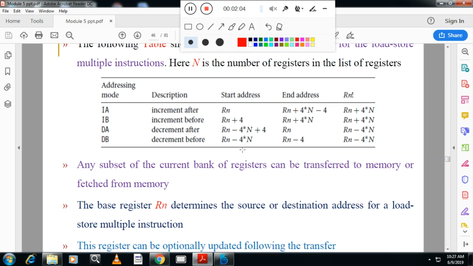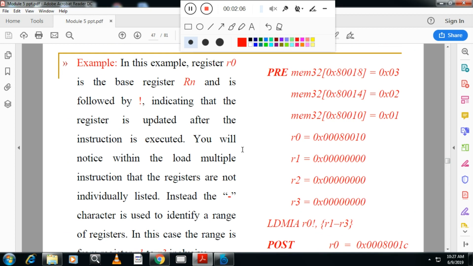So now, in this example, register R0 is the base register. You can see here register R0 is the base register.